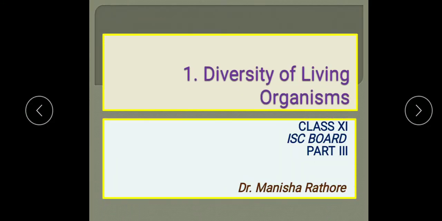Students, we will study today the next part of diversity of living organisms. In the last two parts we have studied the taxonomic hierarchies, binomial nomenclature and the three domain system of classification. Now in this part we are going to study the taxonomic tools, or taxonomic aids, for the study of taxonomy and the system of classification. There are three main systems of classification we will study in this part.